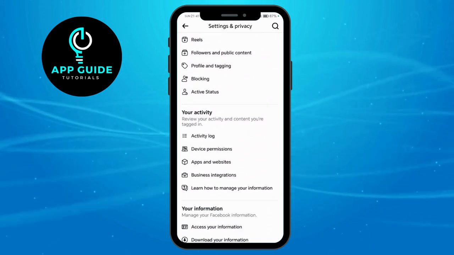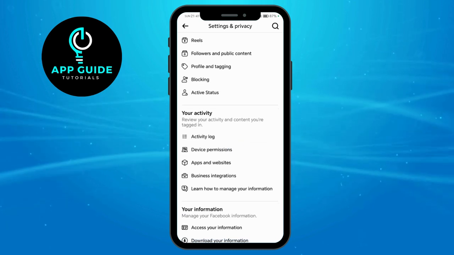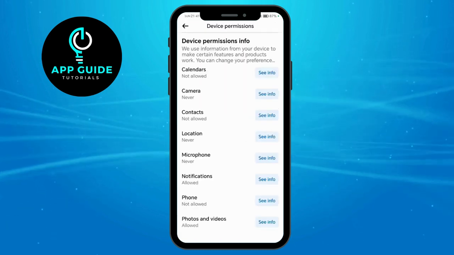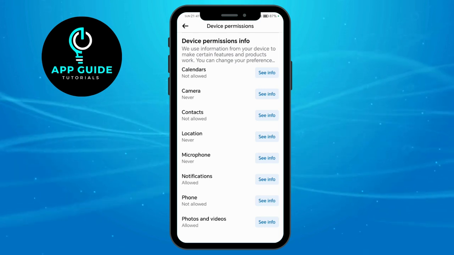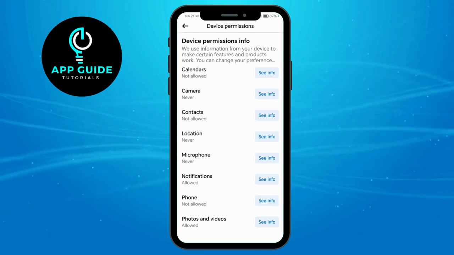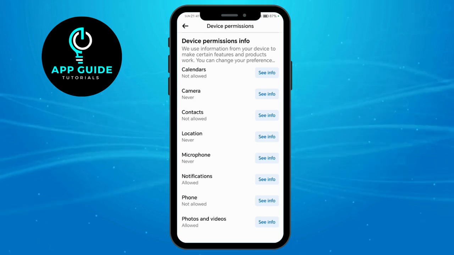After that, you will be able to see this section that says device permission. You just have to click on that, and you will be able to see every permission that your Facebook has on your device. So every feature that Facebook is catering you to is allowed by you through this section right